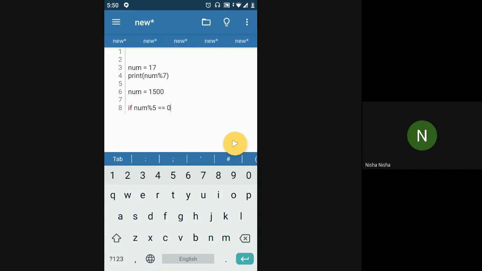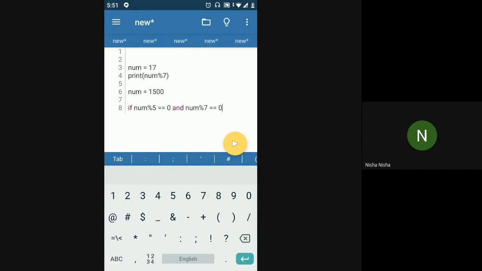Being a multiple of 5 means basically whenever you divide that number by 5, you should not get any remainder, because that number is a multiple of 5, right? So there is a 5 present in that number. It has been multiplied by 5. So in this case, num mod 5 is equal to 0 should be true. And there is one more condition. I want num mod 7 also to be equal to 0. So I have two conditions here: num mod 5 is 0 and num mod 7 is 0.